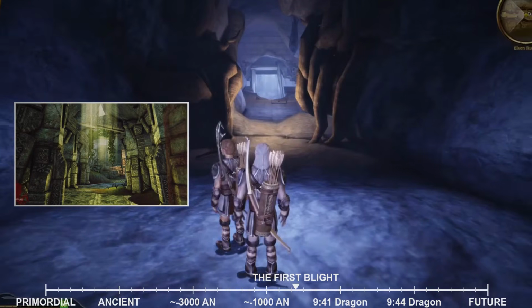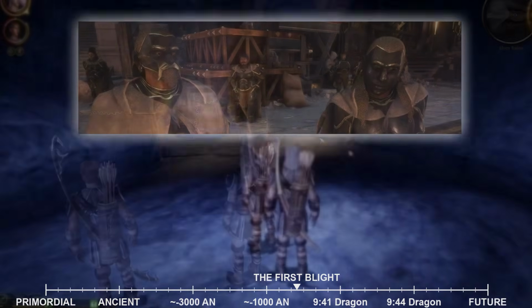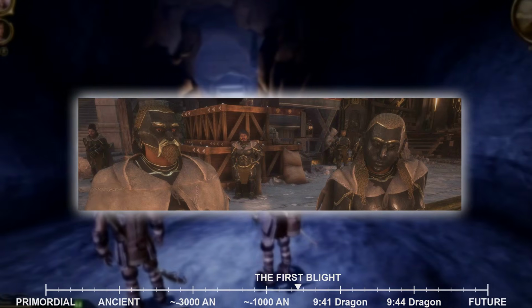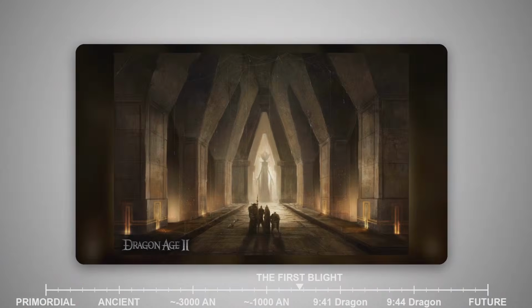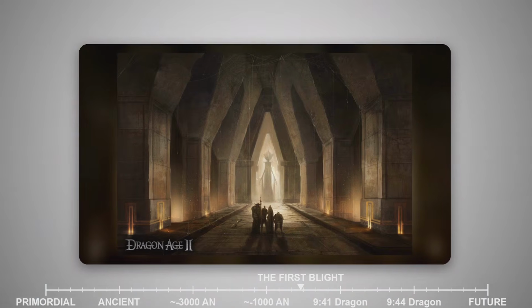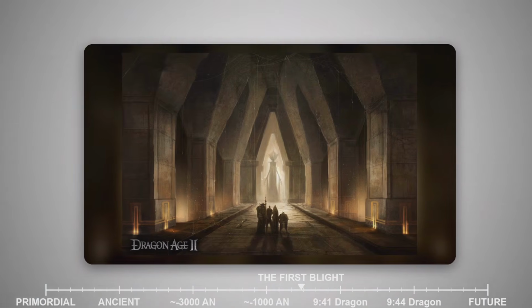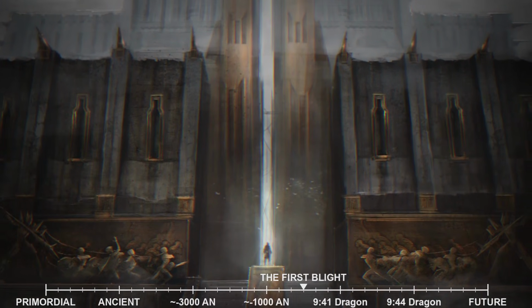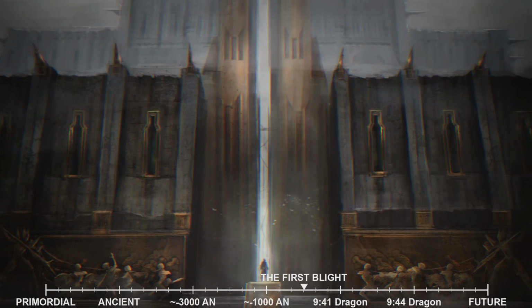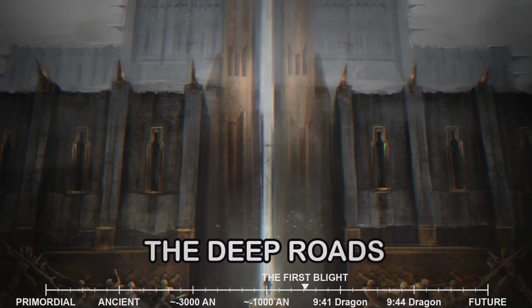The Thaig of Kal Sharok was cut off from the rest of the Empire, its people forced to seal themselves away and presumed lost. Countless smaller Thaigs, mining operations, and waypoints throughout the Deep Roads were abandoned, their populations fleeing to the handful of strongholds that could still be defended. The Dwarven Empire, which had once stretched across the entire underground of Thedas, connecting every corner of the continent through the Deep Roads, was shattered into isolated pockets of resistance.